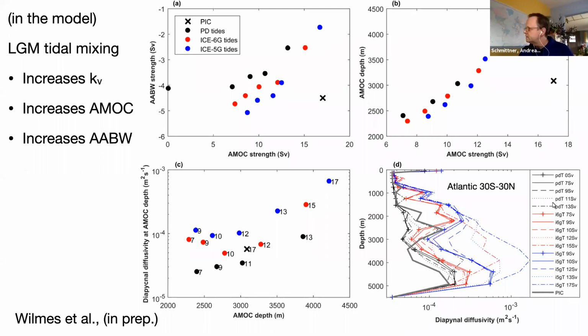The red ones use the ice 6G tides, and the blue ones use the ice 5G tides. If you compare all the black thin lines with all the red thin lines, you can see that the diffusivities are increased in the LGM tide simulations, and they're even more increased if you use the ice 5G,